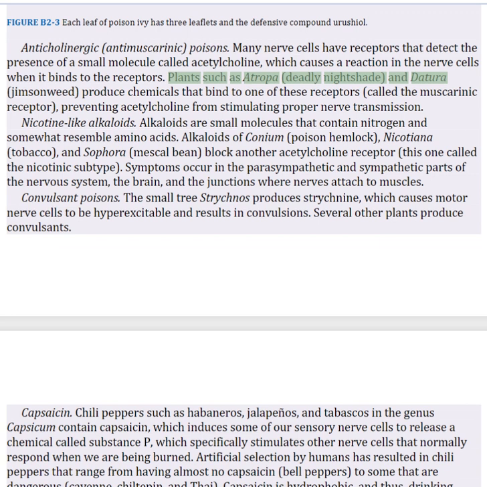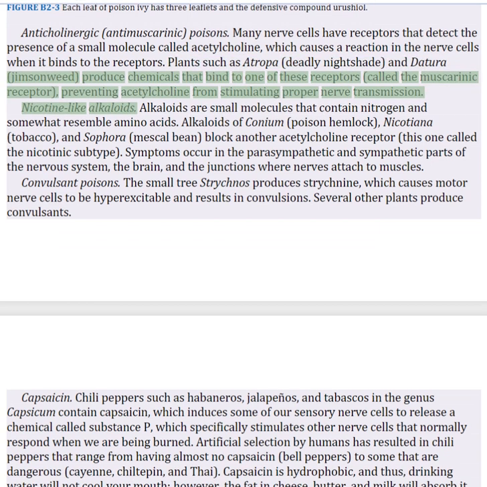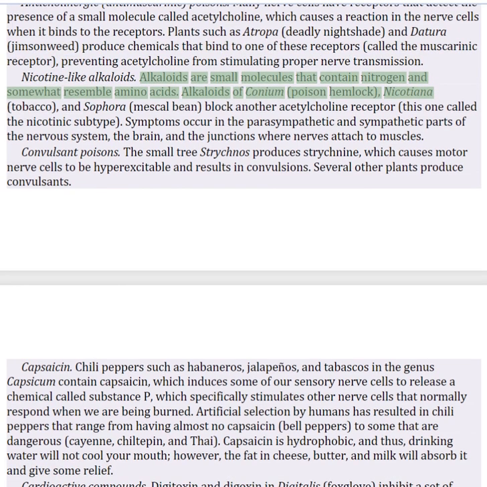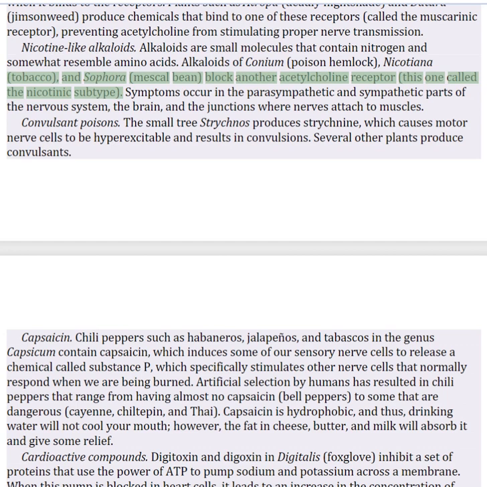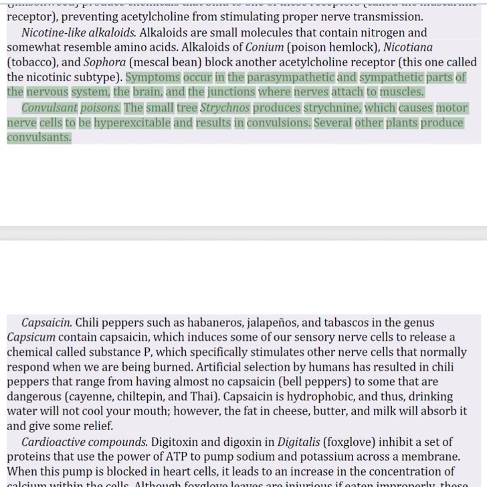Plants such as Atropa and Datura produce chemicals that bind to one of these receptors, preventing acetylcholine from stimulating proper nerve transmission. Nicotine-like alkaloids. Alkaloids are small molecules that contain nitrogen and somewhat resemble amino acids. Alkaloids of conium, Nicotiana, and sophora block another acetylcholine receptor. Symptoms occur in the parasympathetic and sympathetic parts of the nervous system, the brain, and the junctions where nerves attach